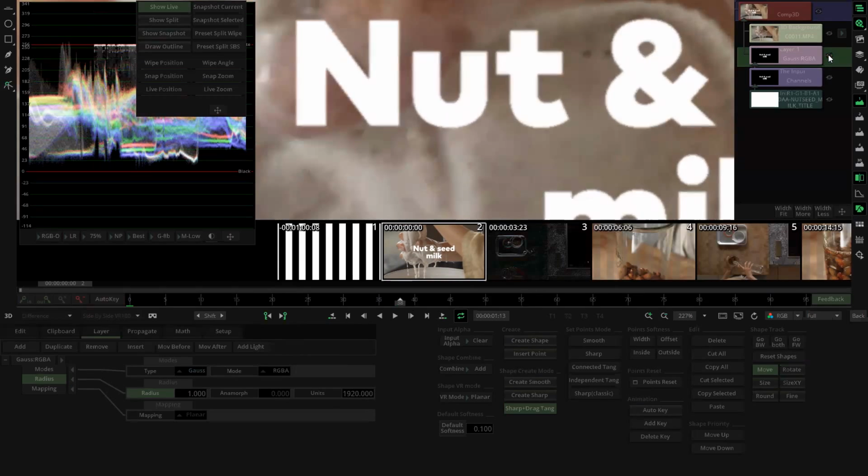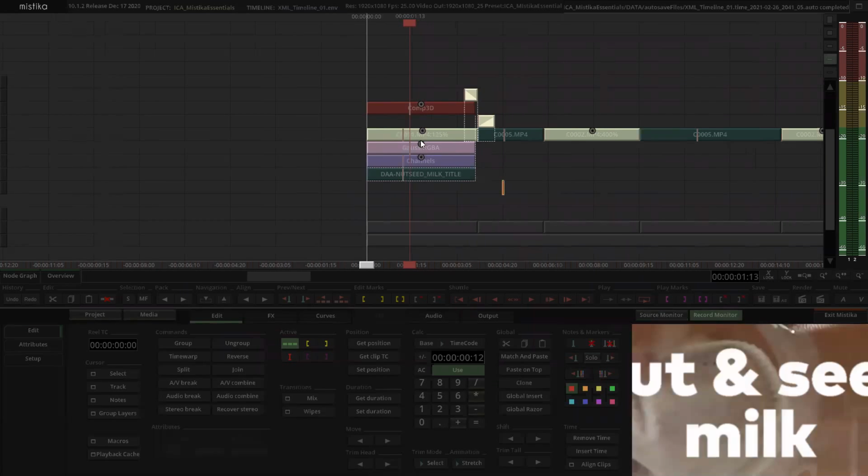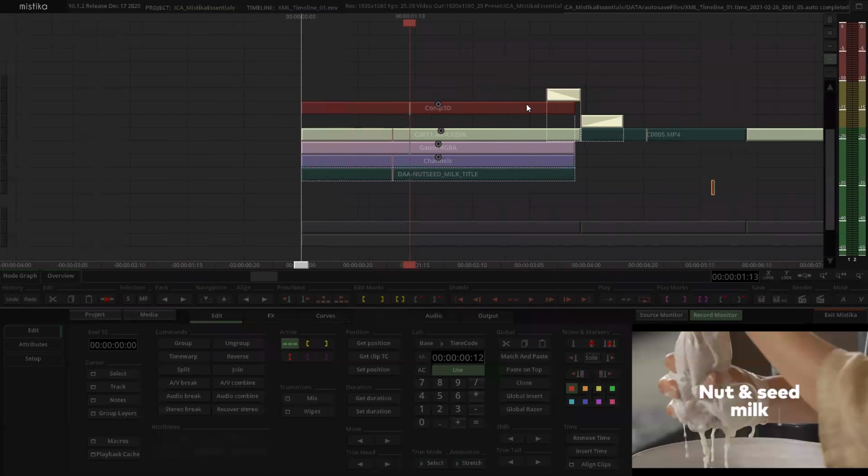Now, this little I that we have in our Evo tree is our bypass, and we can bypass that effect here, okay? And that is something that we could definitely do over here. And in the timeline, we could also do it if we see it in the record monitor. Here, you select the clip and you press D, and you will deactivate it, of course. Okay, so we have this stack,